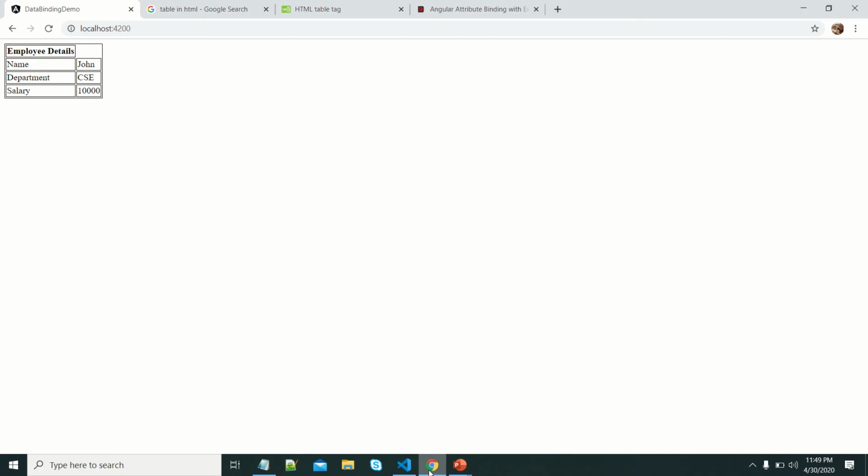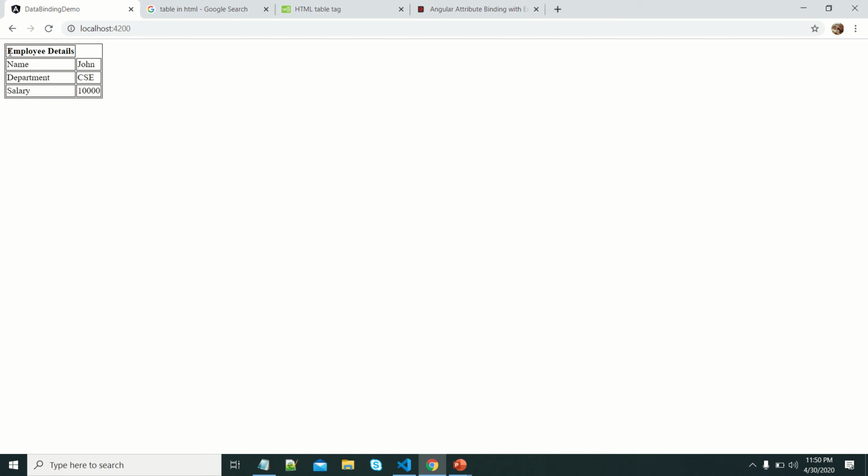Yeah, this is the output. You can see employee details and the respective rows have name, department, salary. But here I want to display employee details properly, so that it is matched across the next column also and looks good.